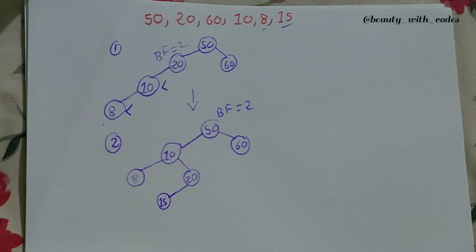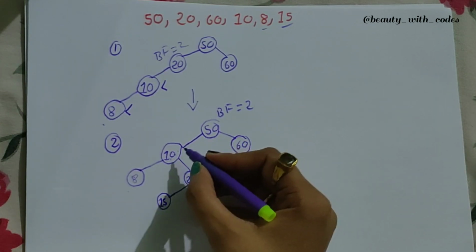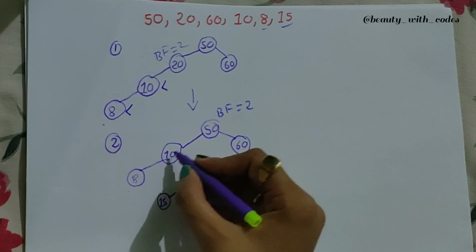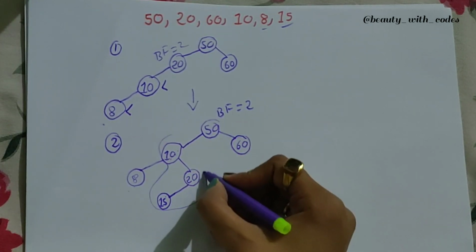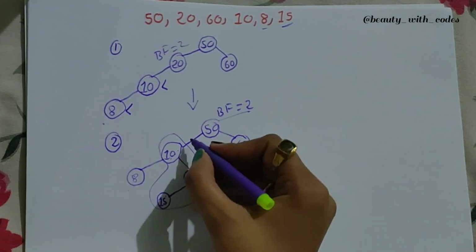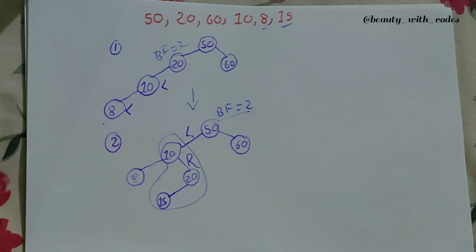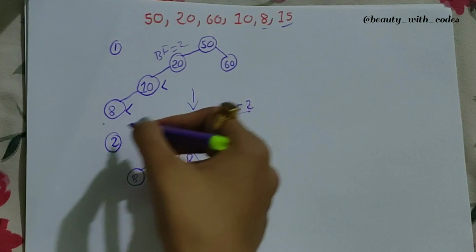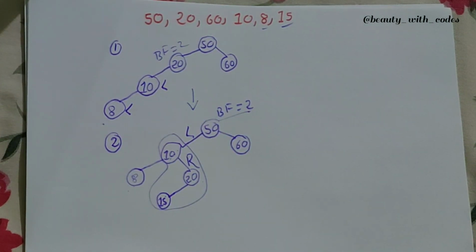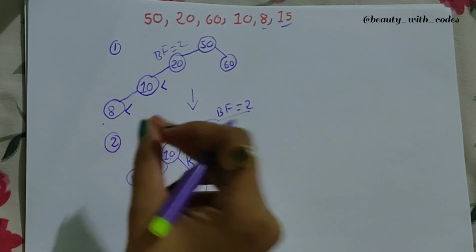So now we need to balance it, isn't it? So we are going to balance it again. So yeah, see how can we balance? So first we will check for the child. Okay, so 10 is the left child, so we are following this path, isn't it? And then we got this balance factor, isn't it? So fine. 10 is its left child, so L will be here. What about 20? 20 is the right child, so LR rotation. And when it comes to LR rotation, it is going to be anti-clockwise. So anti-clockwise. Okay, so we just need to pull 50 in anti-clockwise direction.